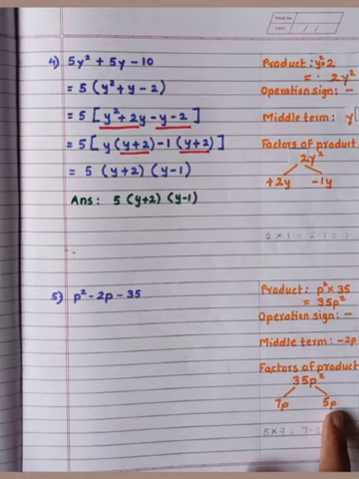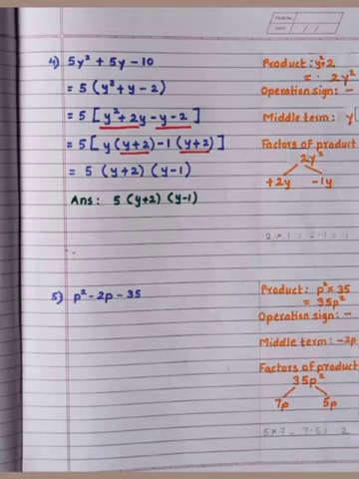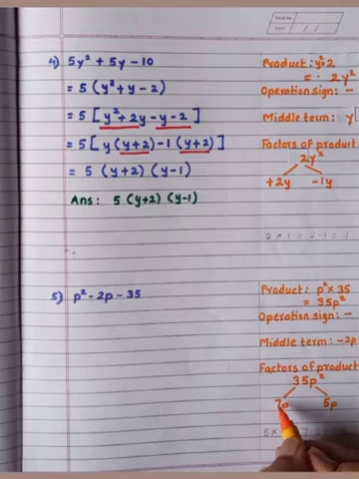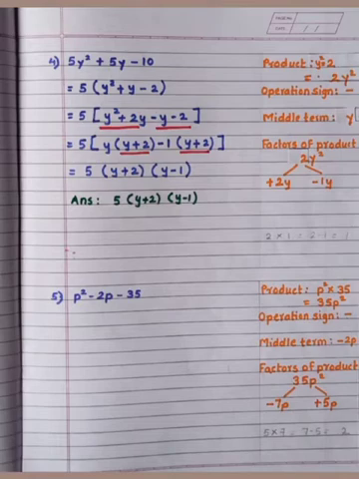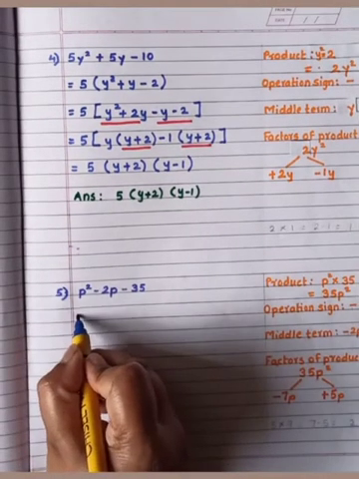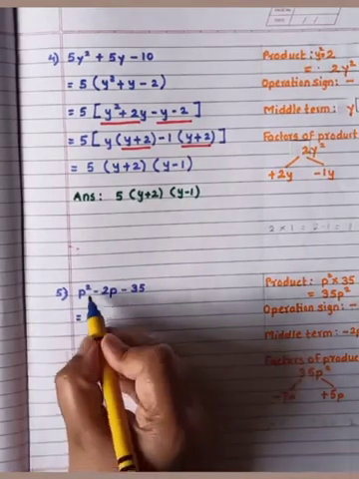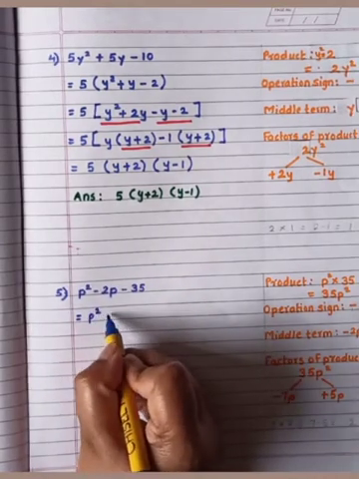Okay. Now we have to follow subtraction because operation sign is that. So when it is possible, when one factor is positive and another one is negative. Okay. So for that, see that what is the sign of middle term? Minus. That means greater term minus and smaller term will be plus. Okay students. Now we will write down the step. So when we are writing the step, first term remains as it is.